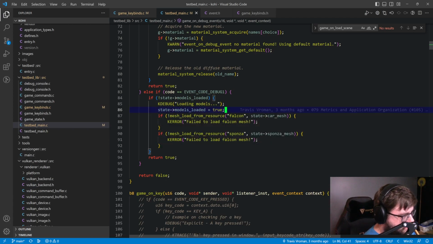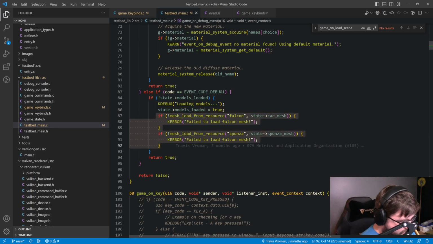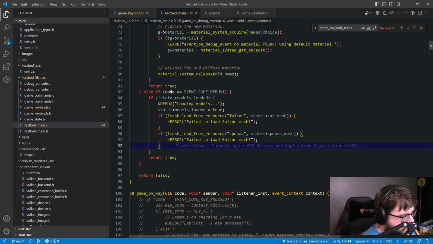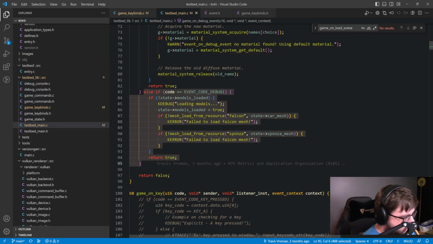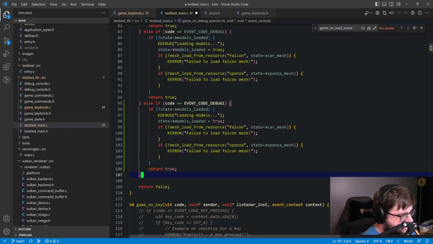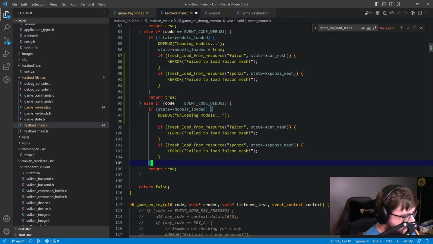I guess we did this first because we don't want this loading to be kicked off twice, which is fine. So what I'm going to do is copy this and essentially do the opposite. I'll change this to 2, and then we'll say if the models are loaded, which they are not by default, we'll say unloading models, and then we're going to take this flag flip and put it after